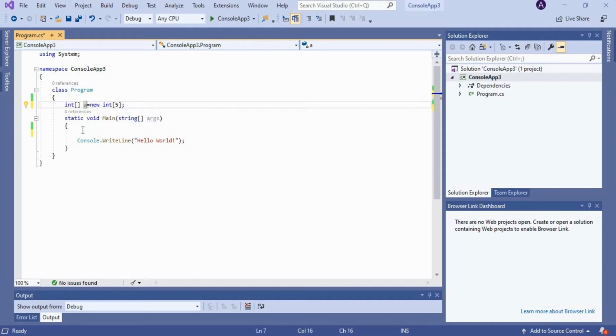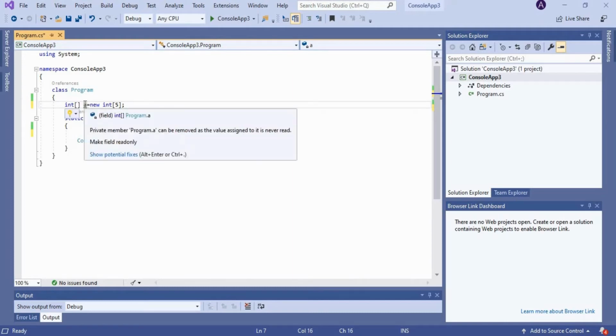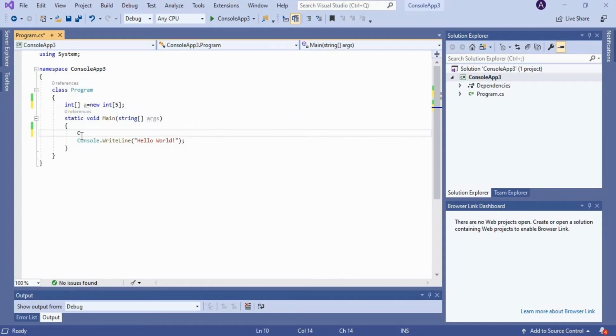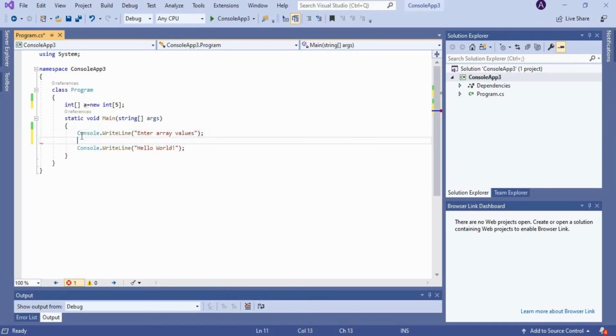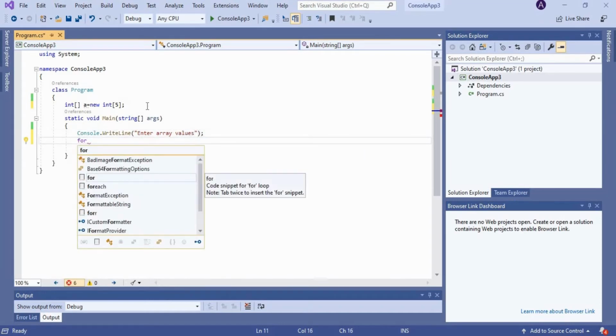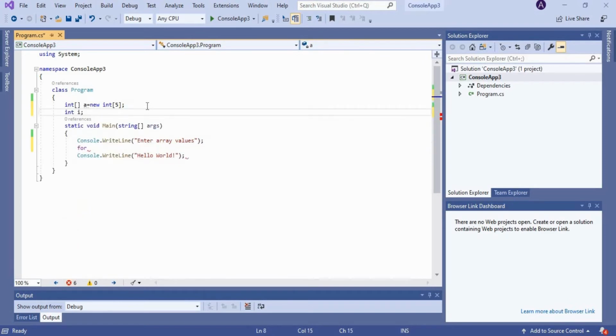So here what we can do is prompt the user to enter some values for this particular array variable A and print them, right? Use the statement console dot write line of enter array values. Using a for loop we can read the values of an array, right?